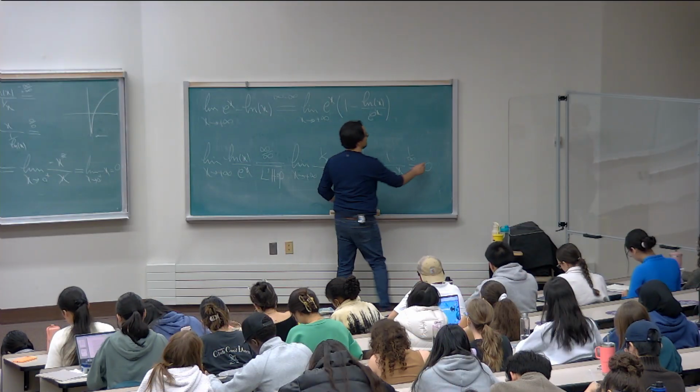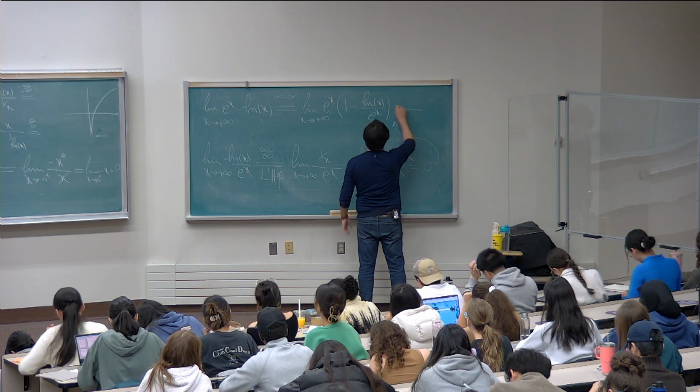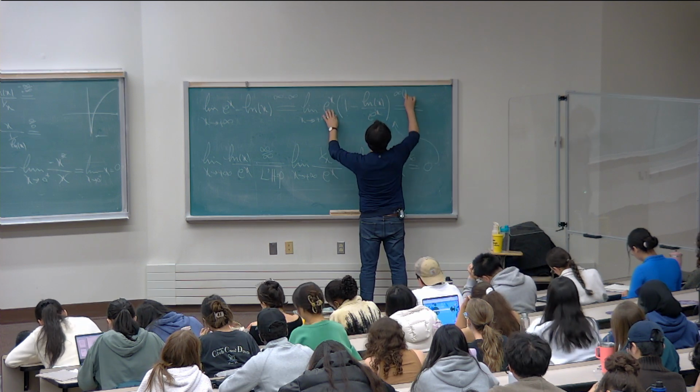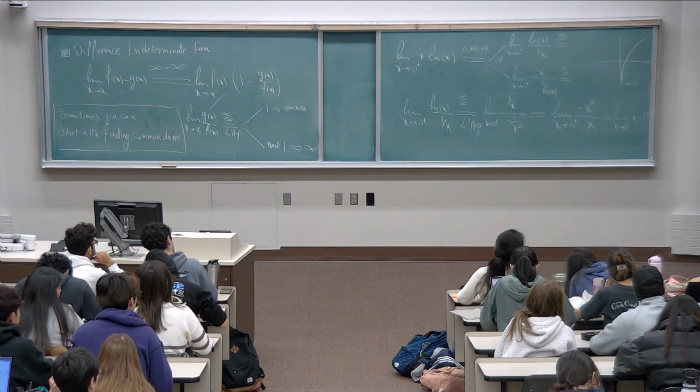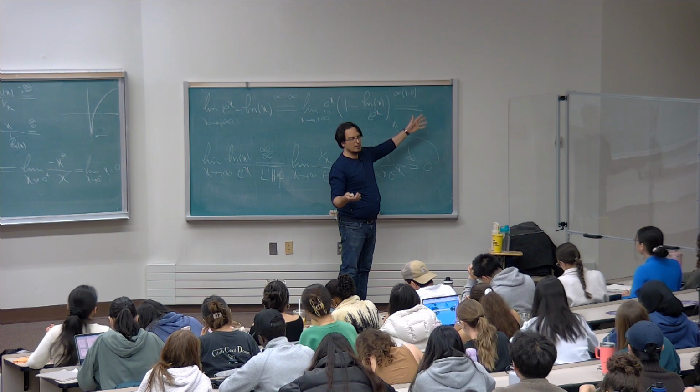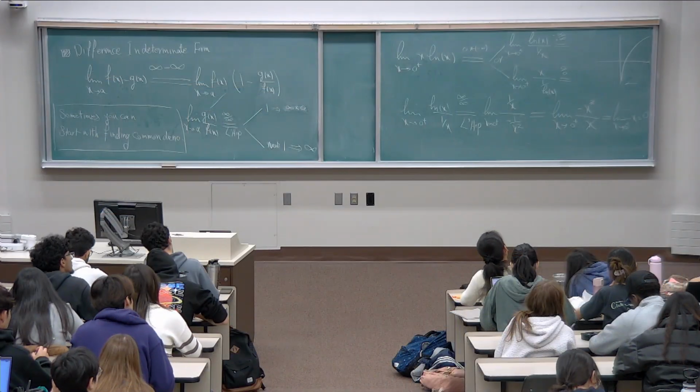So now I have to bring it back, and I say that, look, this is infinity, 1 minus 0, so it's infinity times a number around 1. That would give me